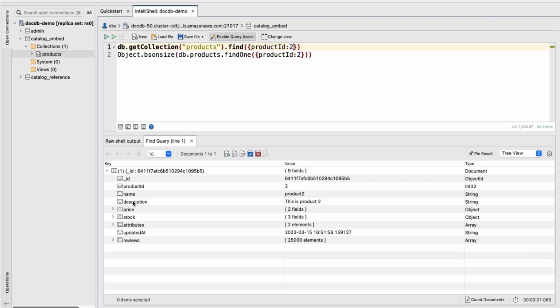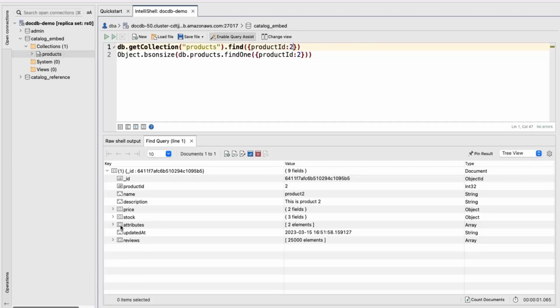Also, think about updating this document, which clearly happens quite often, having 25,000 reviews and probably increasing. That can also pose performance issues, since for every insert of a new review, the whole document has to be retrieved again.